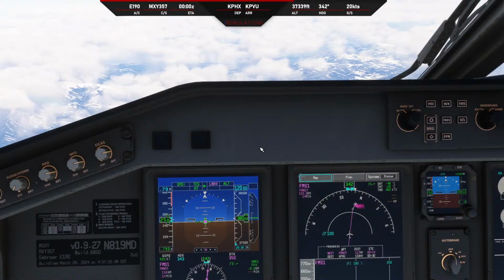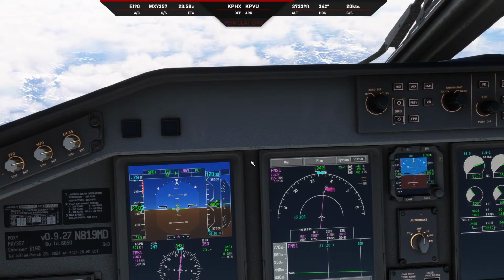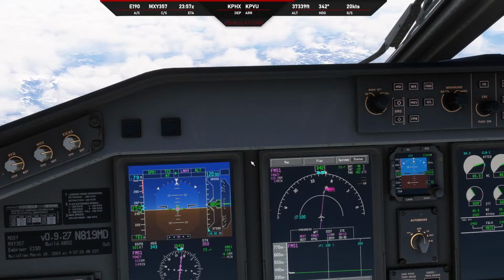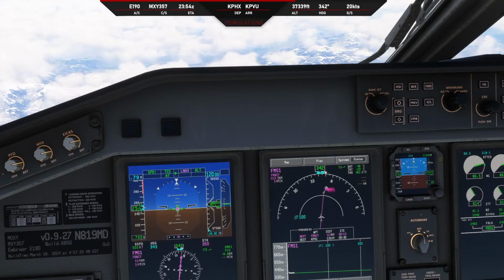Okay, and as we get ready to approach here, we'll keep an eye on this. When you rotate the aircraft, in the videos that I've looked at of me flying this airplane and of other people flying this airplane, it's very